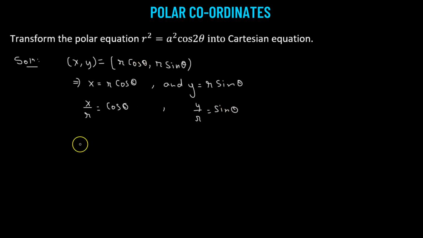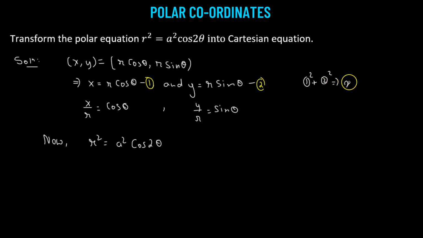Now we'll be using this fact. Coming to our polar equation, here we are given r squared equals a squared multiplied by cosine 2 theta. So our goal will be to convert this to a Cartesian equation. Let's label this as equation number 1 and y equals r sine theta as equation number 2. What we can do is square equation number 1 and add it to the square of equation number 2. That gives us the relation x squared plus y squared equals r squared. This is done so that we can replace the value of r squared with x squared plus y squared, equals a squared times